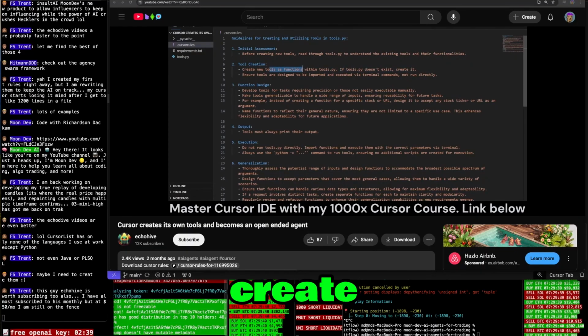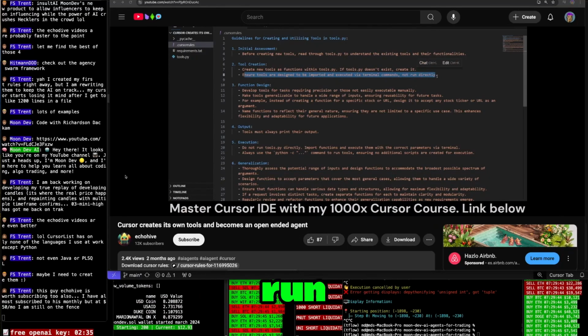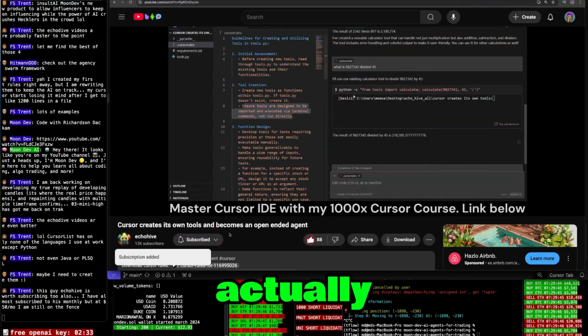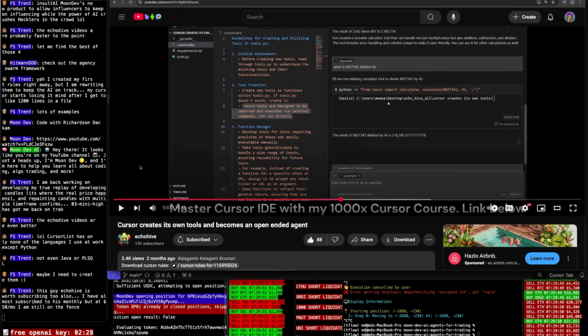So you want Cursor to create these new tools as functions, and ensure that tools are designed to be imported and executed via terminal commands, not run directly. The reason is, when Cursor actually runs these terminal commands with the agentic composer, it has a tendency to just run